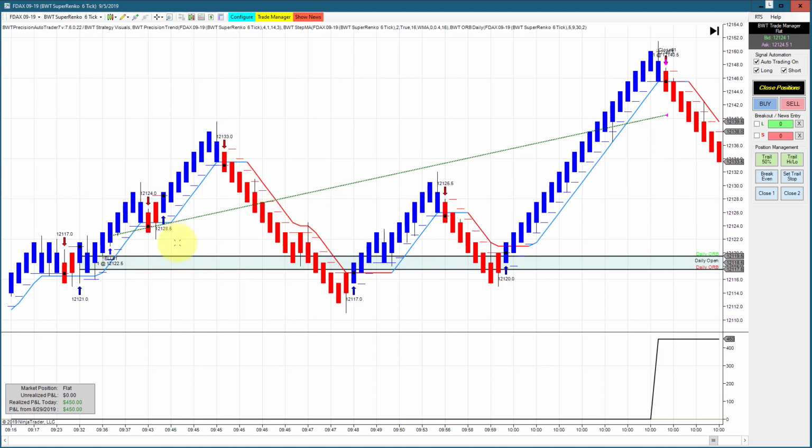We have that disabled. The rule for step MA is basically the step MA has to be greater than it was 1 bar ago. And so this rode this trade all the way to its profit target,